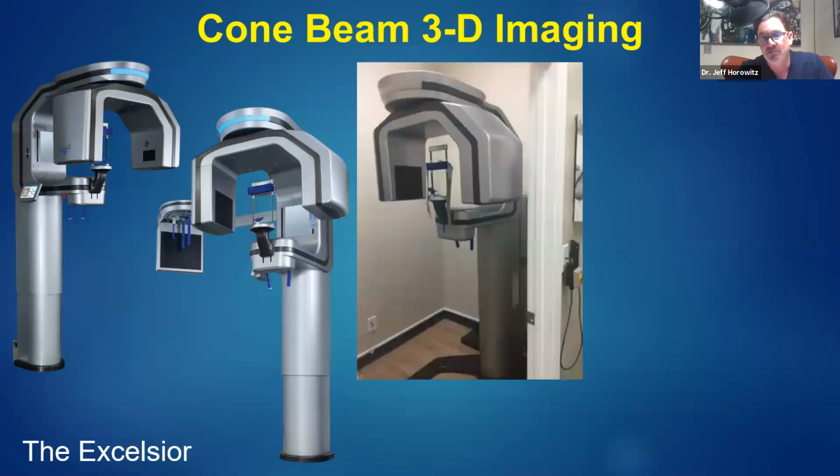So this is the first Prexion unit that I owned. This unit actually went into my satellite office. And let me begin by saying that I've actually been a cone beam user for approximately 13 years. I bought my first iCat machine 13 years ago. I spent nearly $200,000 to purchase the unit. I then put another $15,000 to build the room to put it in because of the guidelines in South Carolina. And I'm going to tell you that was one of the best investments I've ever made in practice